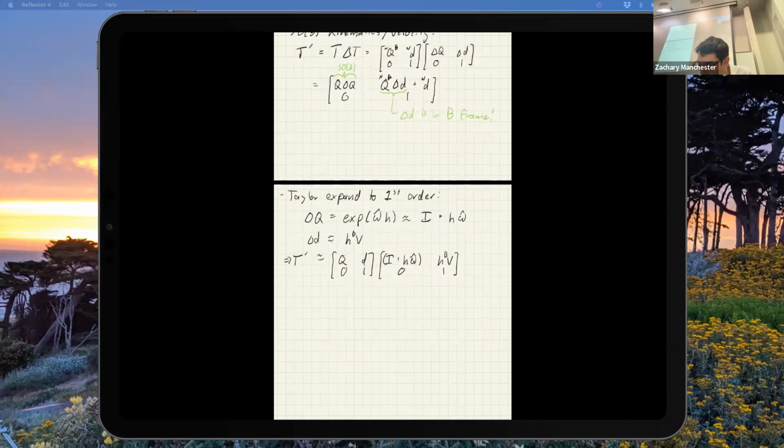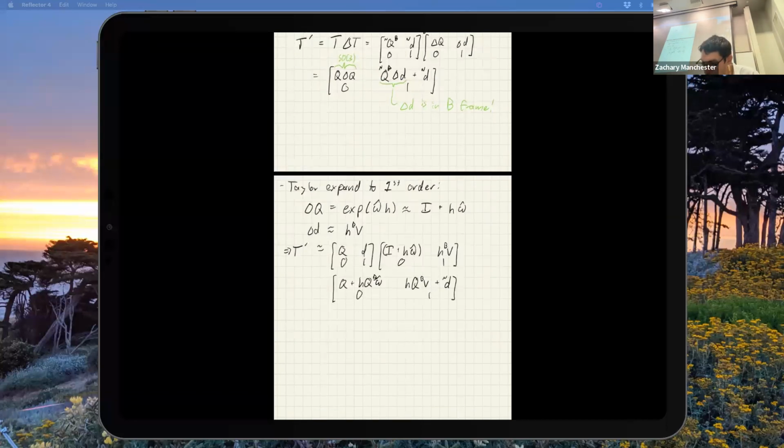If I multiply those together, I'm going to get q plus h q omega hat, right? This looks familiar, right? This is our rotation kinematics that we had before. And then over here, I'm going to get h q v in the body frame plus d in the end frame, 0, 1. Cool, so that's multiplied together. Now I'm going to pull it apart and I'm going to get